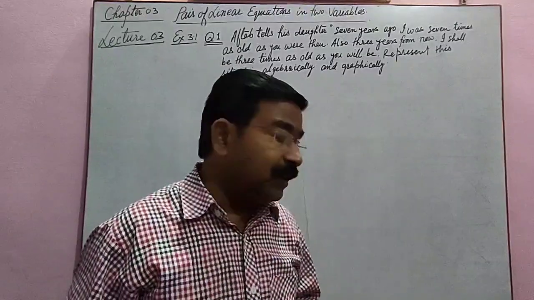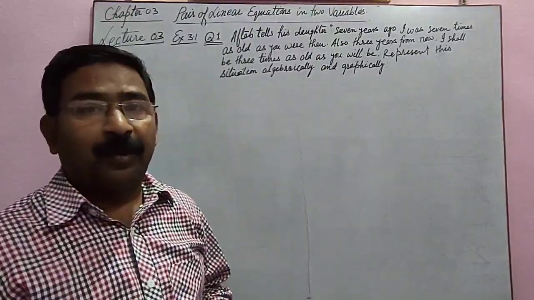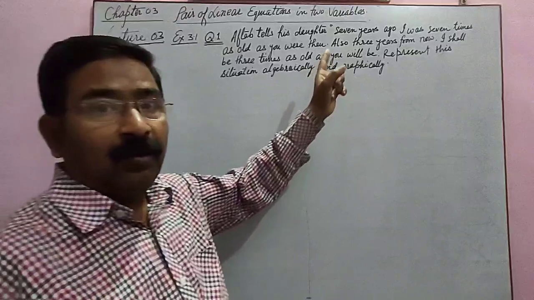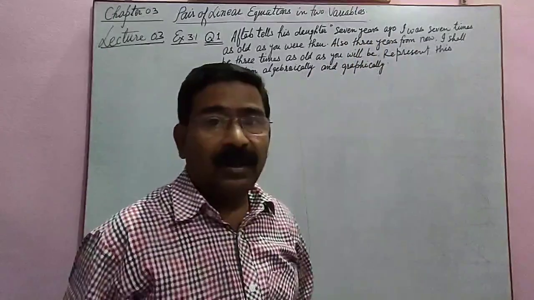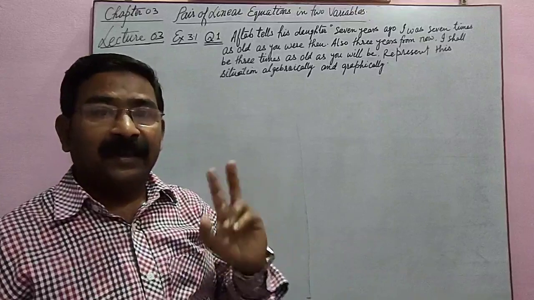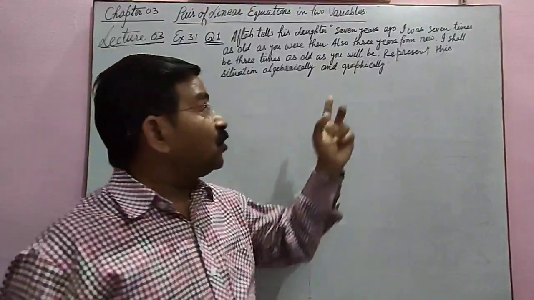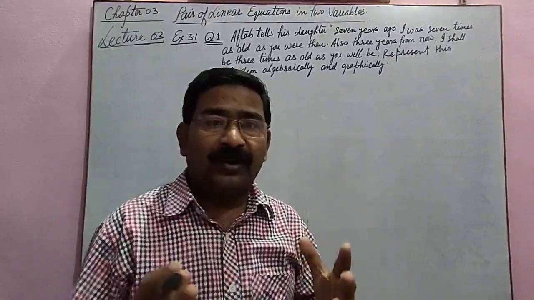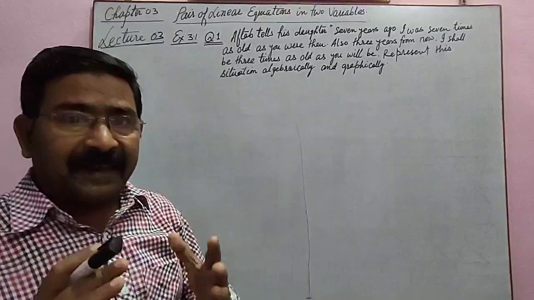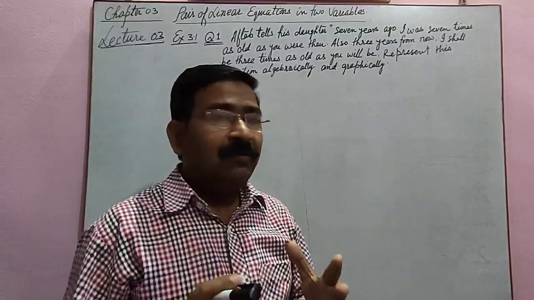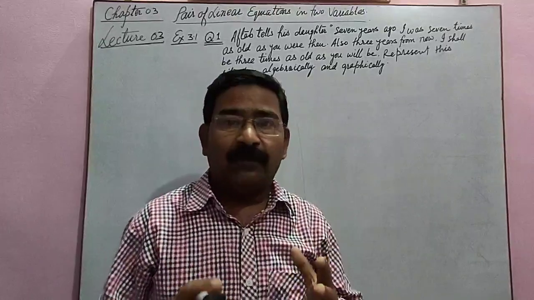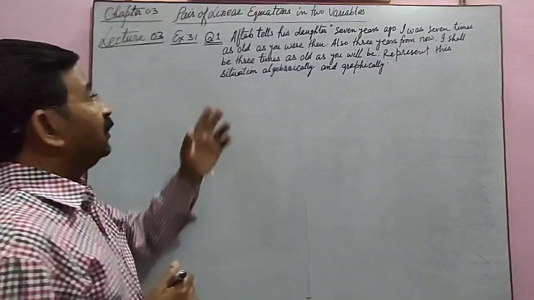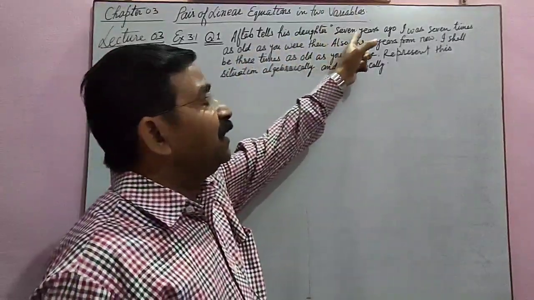See, a very interesting thing, we have to make the equation, a very important thing. Now let's see in the question, two persons are there, one is the father and the other is the daughter, and we use two variables in the equations. So we are talking about the ages of two persons, so we'll assume two variables for their ages, and every time in case of age we assume the present age of the persons. We assume present age.